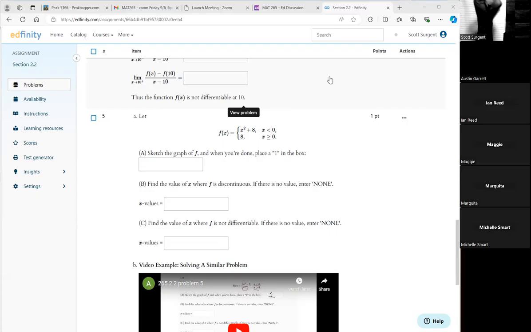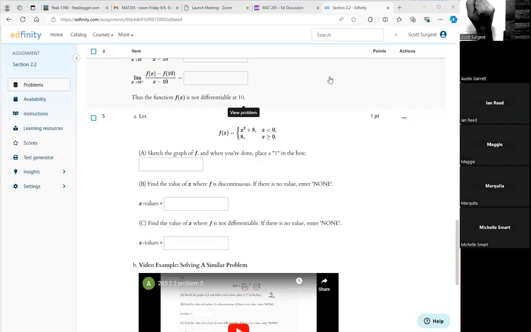Function is x squared plus 8 when x is less than 0, and 8 when x is greater than or equal to 0. Sketch the graph of f and put a number 1 in the box when you're done. All right. Find the value of x where f is discontinuous. If there's no such value, put in none. Find the value of x where f is not differentiable. All right, this is a good question. The graph,